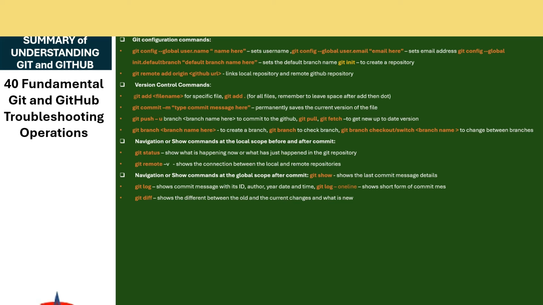And git diff is used to show the difference between the old and the current changes and what is new. So you use git diff, then you get the commit ID if you want to specifically go and see what happened or what the commit message is all about. So you can go inside the commit by using git diff. You just type git diff and then space, and then you just copy the commit ID